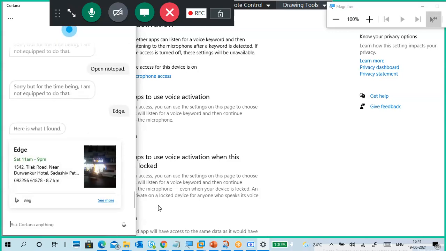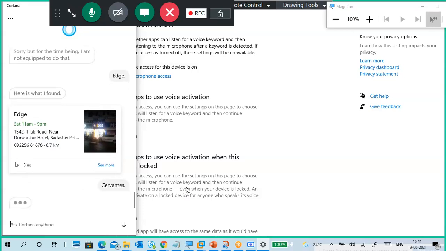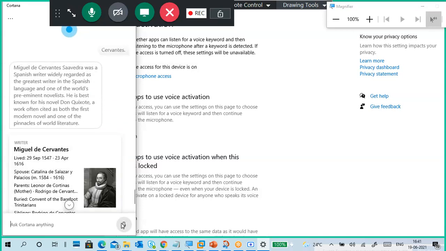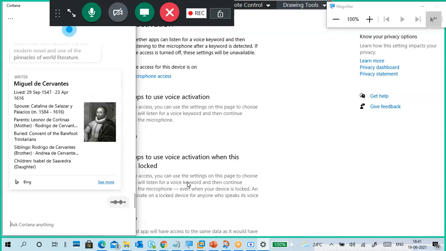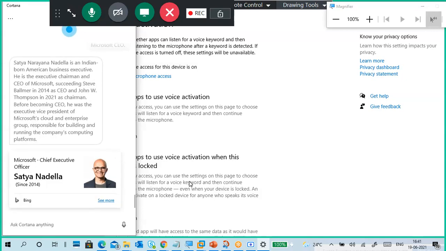Here is what I found. So it's like some assistance, right? Here it is: Cervantes. Miguel de Cervantes Saavedra was a Spanish writer widely regarded. Microsoft CEO. Satya Narayana Nadella is an Indian-born American business executive.